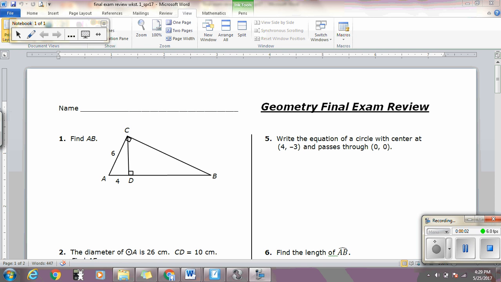Alrighty, folks, this is part one of your spring 2017 final exam review. I'll work through all the problems on this sheet, and then on the second part, the packet that had 31 problems on it, I'm only going to work selected problems because a lot of the problems kind of duplicate, just numbers change. So for number one, we have to use the